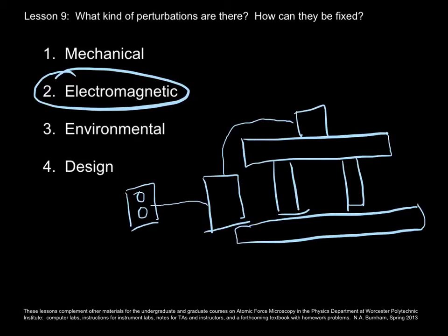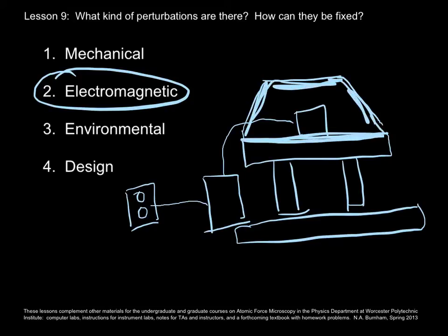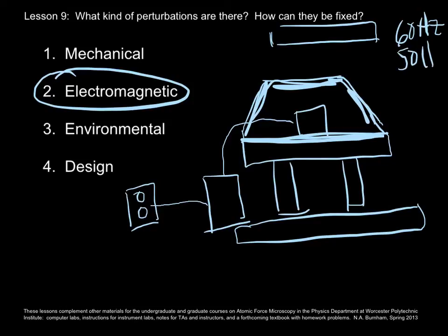So, as I suggested in the last slide, we want to have the AFM electromagnetically shielded, i.e. all this enclosure around it to be grounded, and that helps protect it from electromagnetic radiation. It's all over a lab. The lights, they tend to give off 60 hertz or 50 hertz radiation that's easily picked up by the instrument. Should make sure that the casing is grounded as well. And